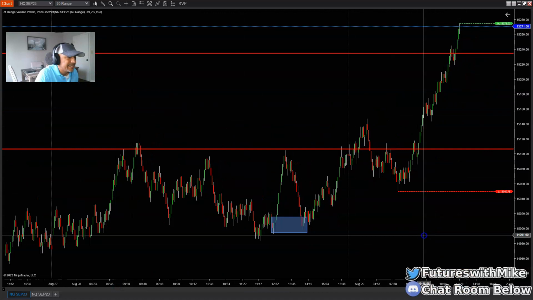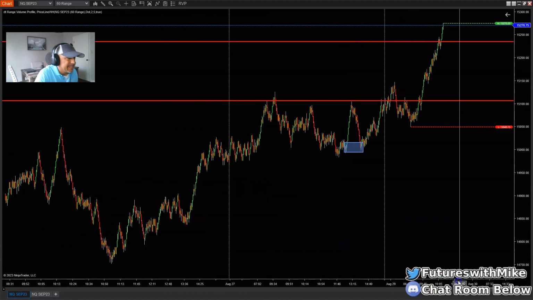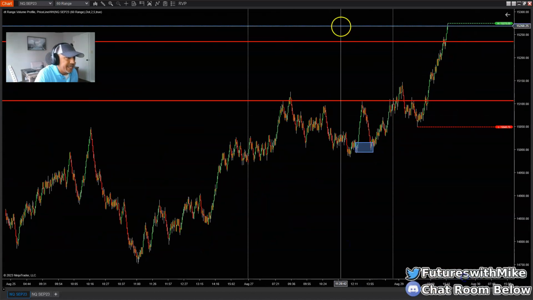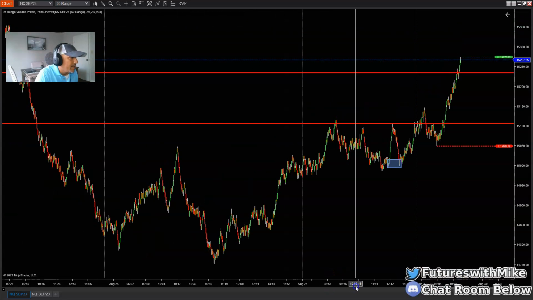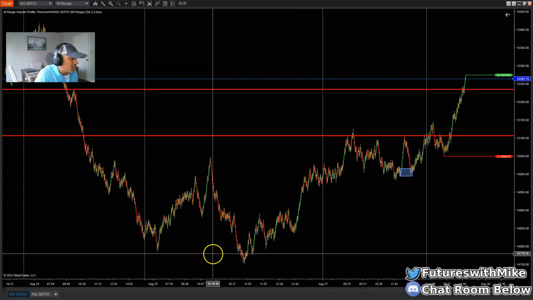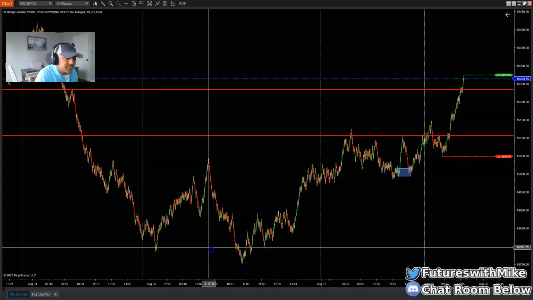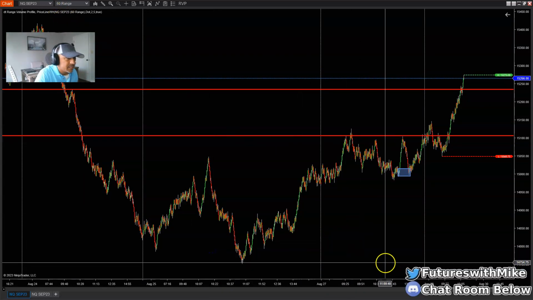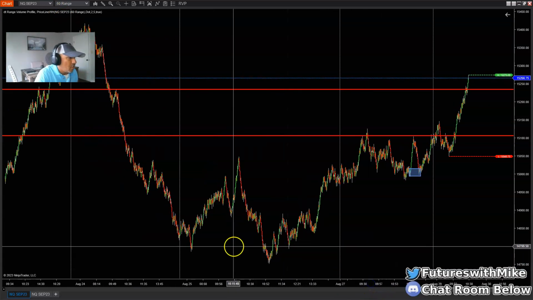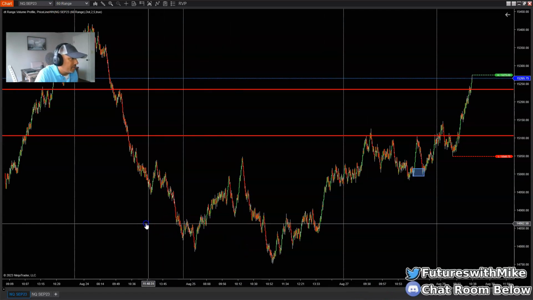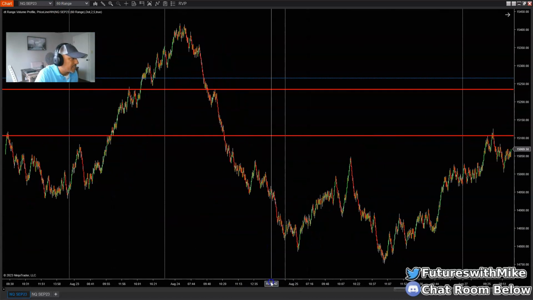Because if we're just looking at today's price action, and then we look at yesterday and the day before, we don't see anything, right? So we have to go all the way to the 24th, which I believe was last Thursday. Again, this is a 60 range chart to see what unfolded or what took place, or to bring some data back into the picture here, as far as areas of price action.